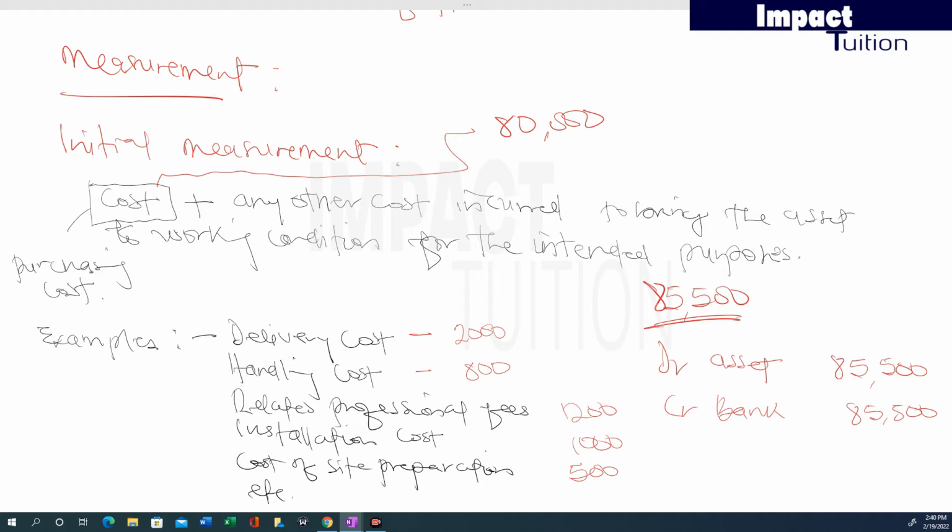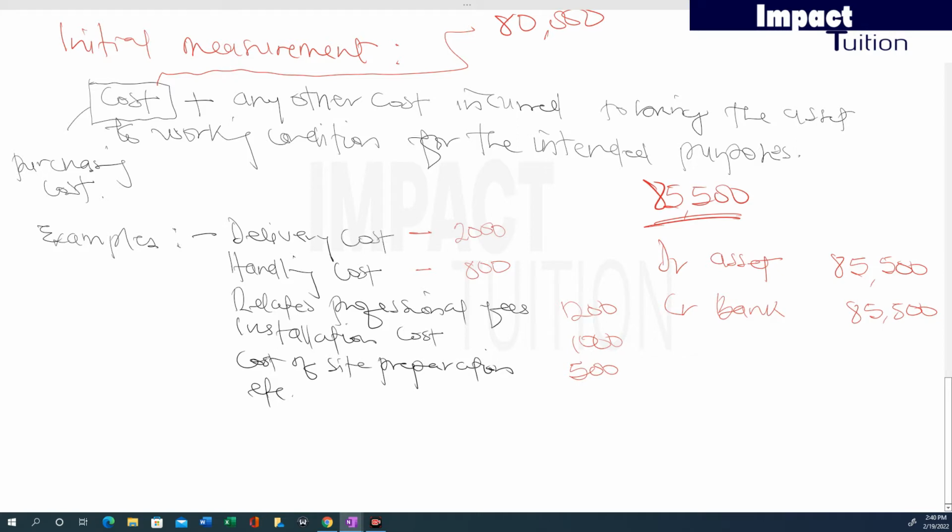What happens at subsequent measurement? The standard says that subsequently